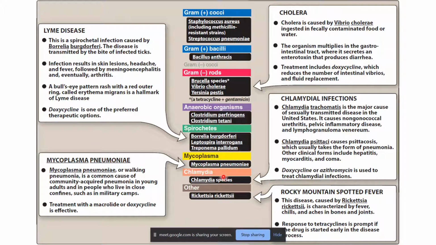And the next one is Mycoplasma pneumonia. Mycoplasma pneumonia leads to pneumonia like Streptococcus pneumoniae, but it is called atypical pneumonia because it is not treated by penicillins and cell wall inhibitors. It is also called walking pneumonia. It is common in community acquired pneumonia, and is usually transferred in close living conditions like military camps or summer camps, where people sleep close